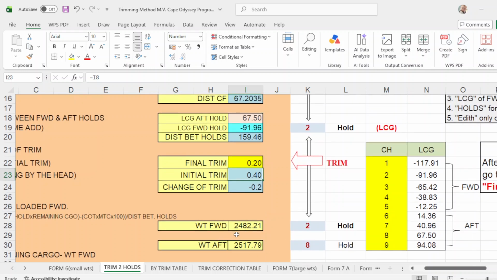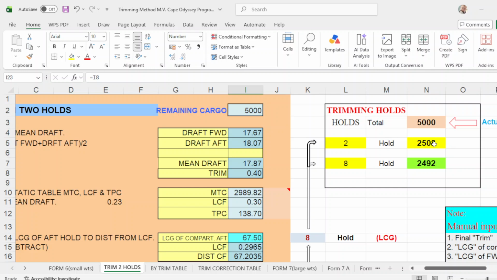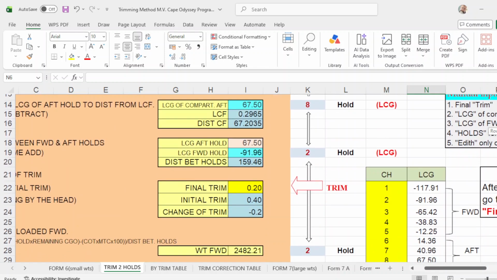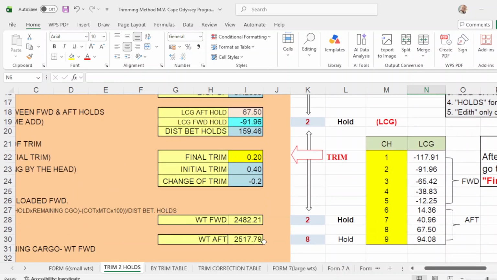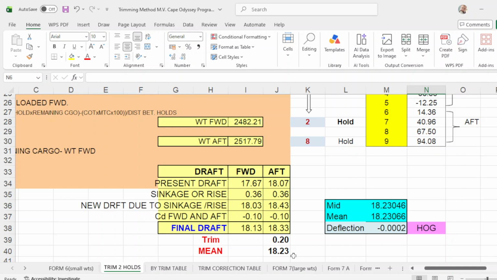Number 2, you load 2482, so you put here 2482, and number 8 will be 2518 if you round it up. Your departure drop forward will be 18.13, and aft drop will be 18.33. Your trim will be 20 centimeters, and mean is 18.23, and your deflection is 0.